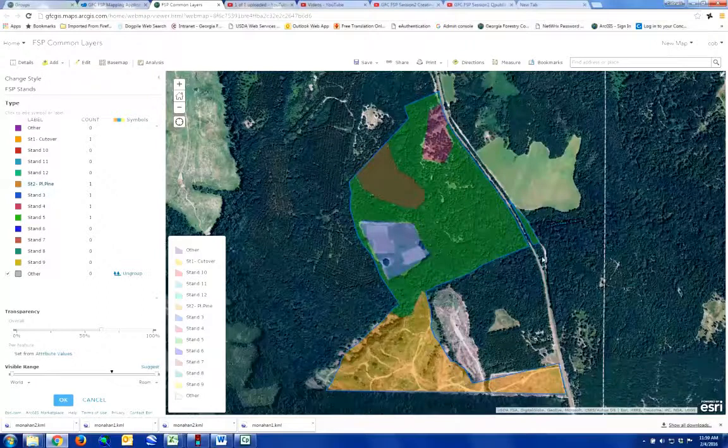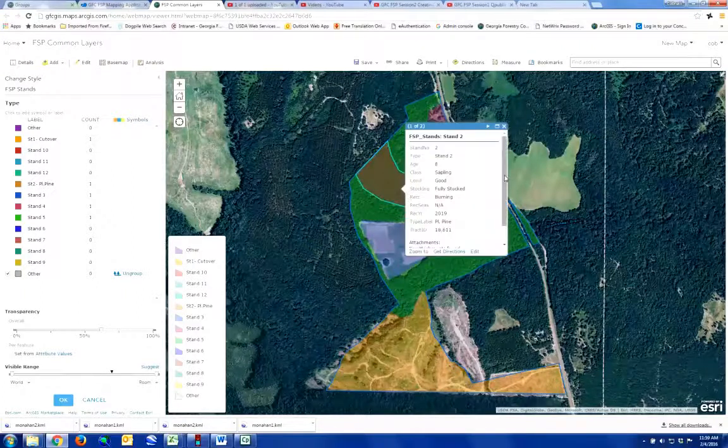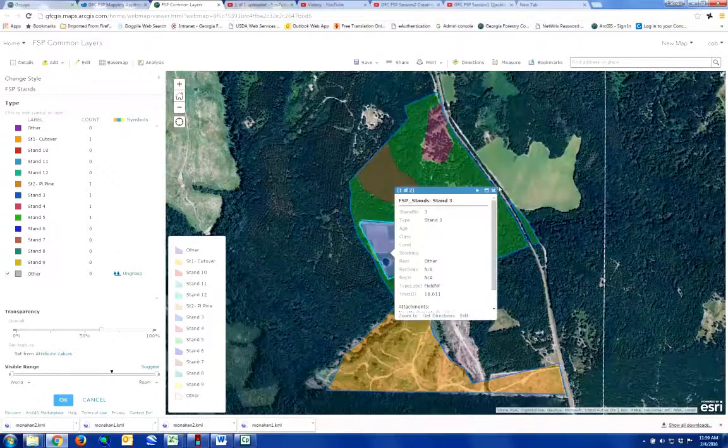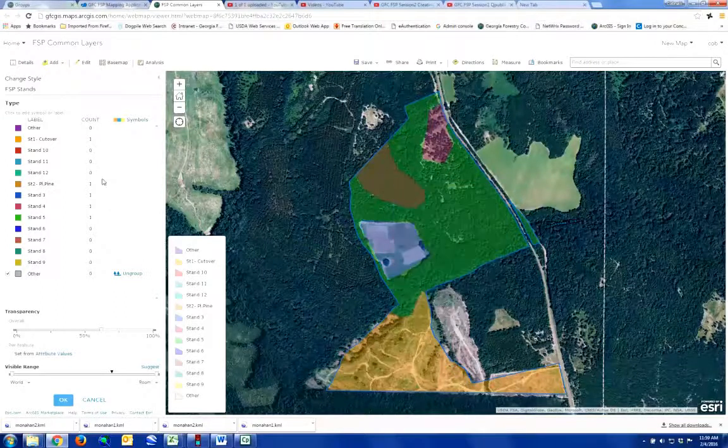And if you don't remember which stands were which or whatever, you can go and check this, so you see that you can see all the attribute information by clicking over here, and so you remember stand 3 was our field, and so over here for stand 3 we can edit this to be